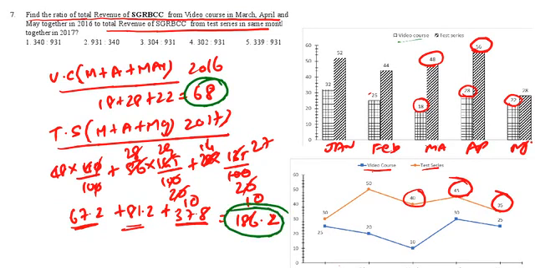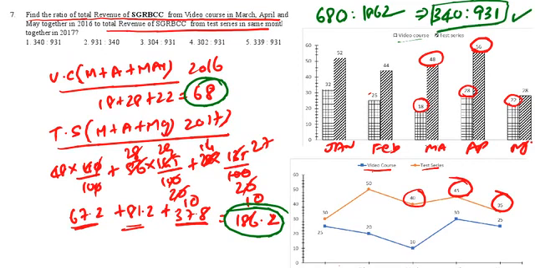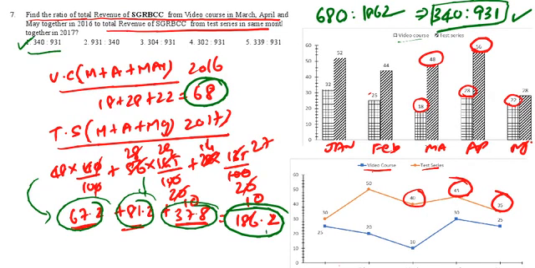This we have to find. 68 is to 186.2 or else 680 is to 1862. You divide with 2, 340 is to 931. So 340 is to 931 is the correct answer. So this one value 67.2, this value 81.2, this value 37.8. It is totally 186.2. Now if you find the ratio, that is 340 is to 931. Option 1 is the correct answer.